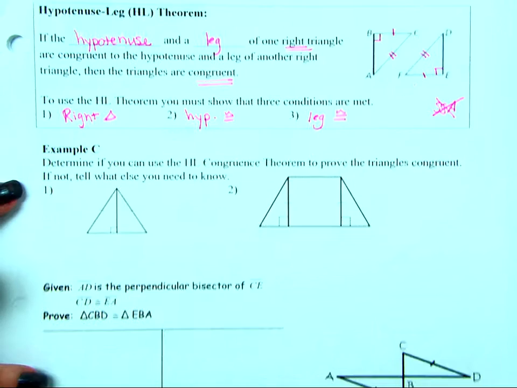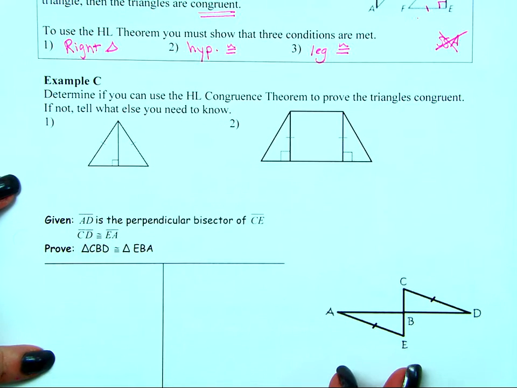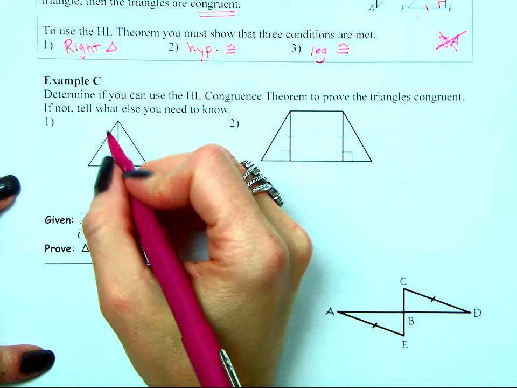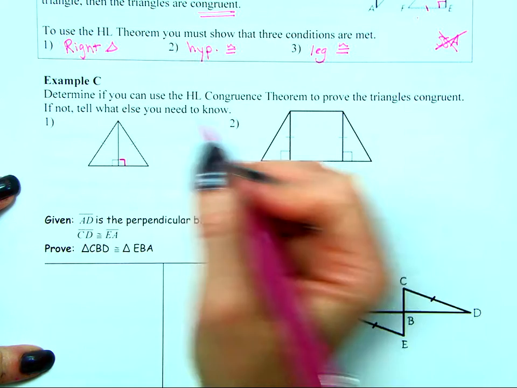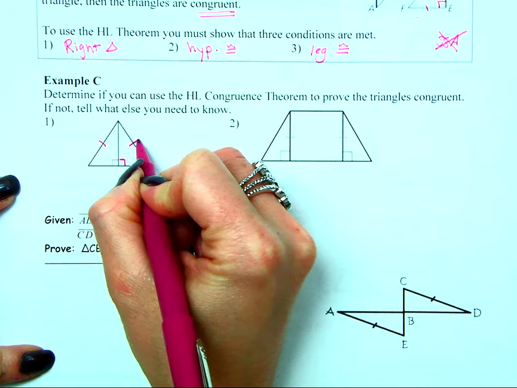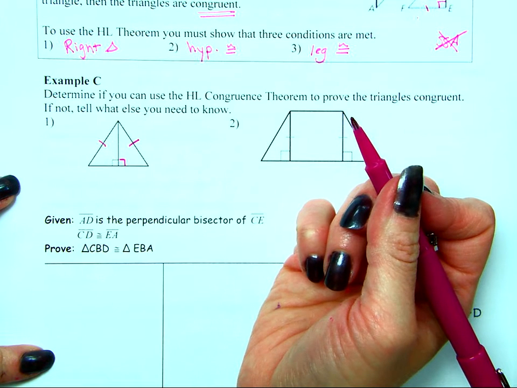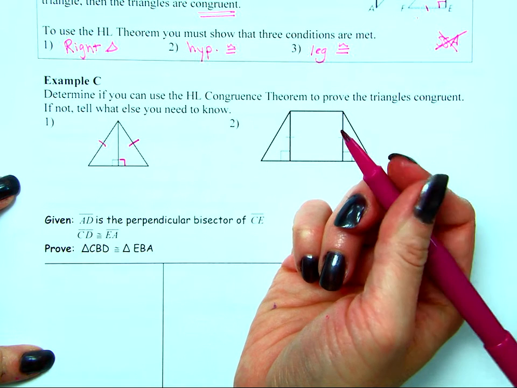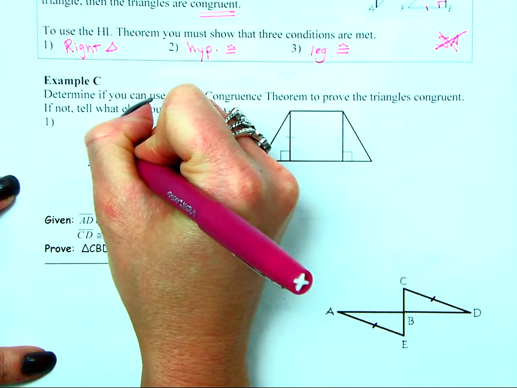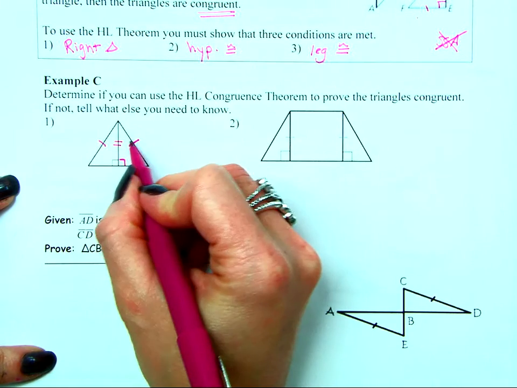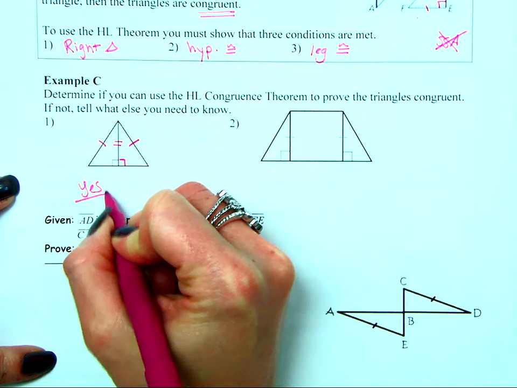In example C, they're asking us to decide if we can use the HL congruence theorem to prove our triangles congruent. So as I look at diagram number 1, I see, well, if this is a right angle, this has to be a right angle because they're a linear pair. And they do have their hypotenuses marked congruent. I would need to know that one of my legs is congruent. And in fact, I know that this is a shared side, and so hypotenuse leg, yes,